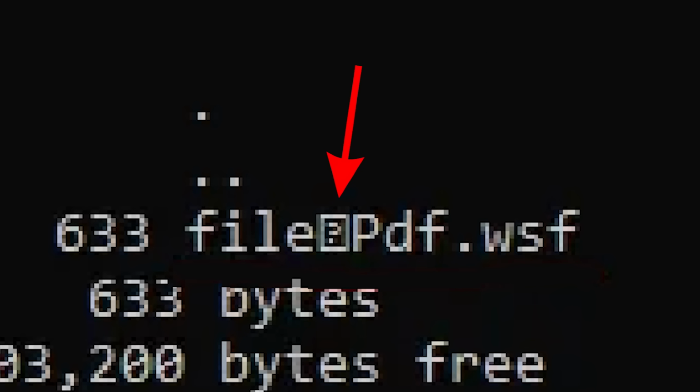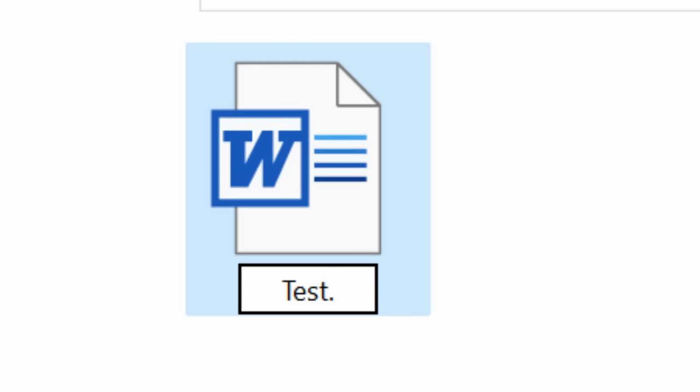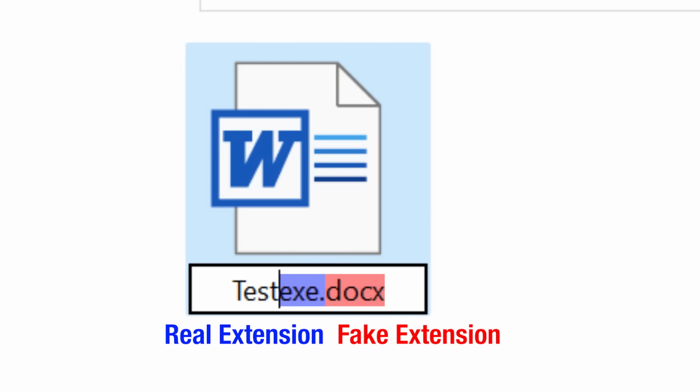And this character tells the OS to display any characters after that in reverse order, like for languages that read from right to left. However, this can be used to very convincingly spoof a file extension because it moves the real file extension over, and then you can display any other text, some other arbitrary file extension that may not look malicious.